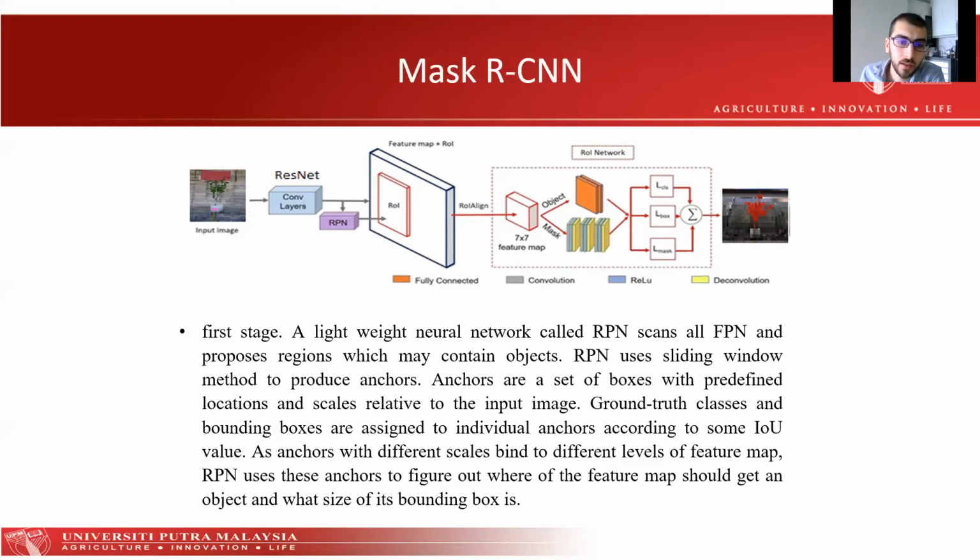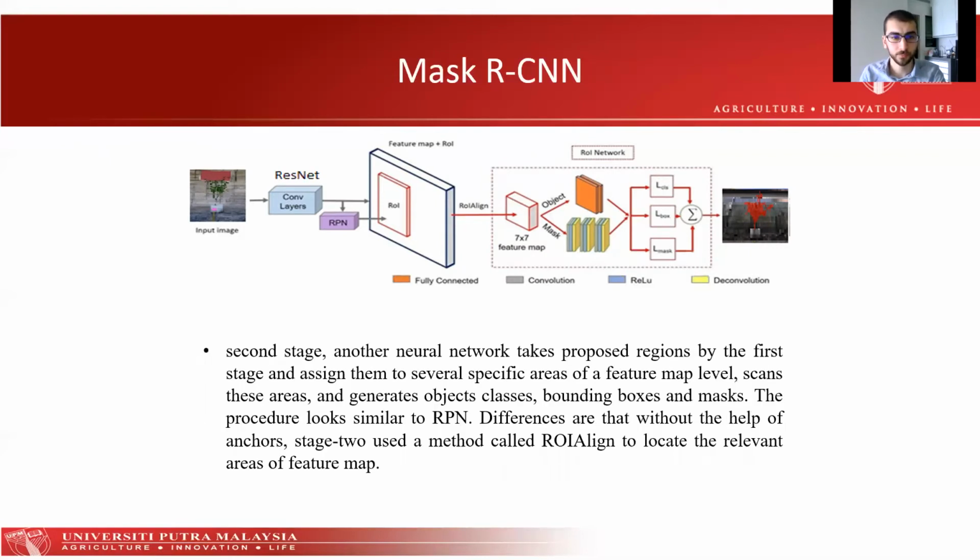As anchors with different scales bind to different levels of the feature map, the RPN uses these anchors to figure out where on the feature map there should be an object and what size its bounding box is. The second stage, the region of interest network, is another neural network